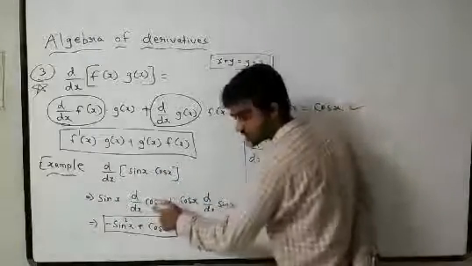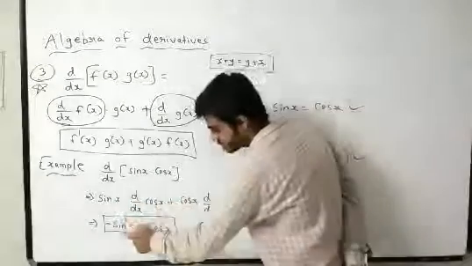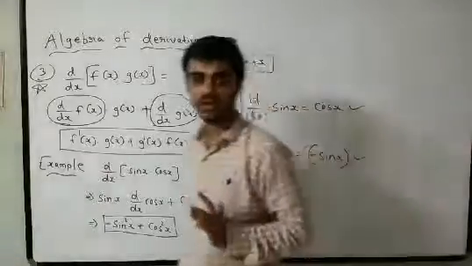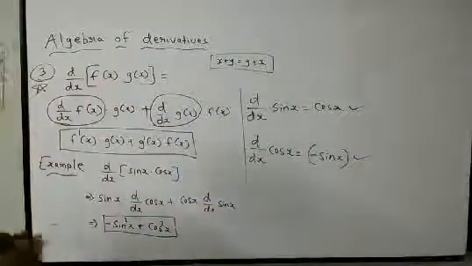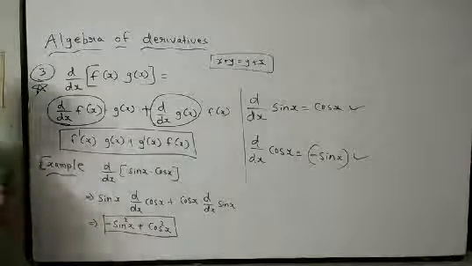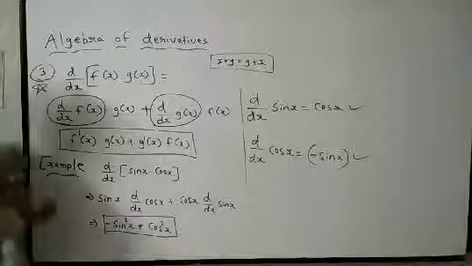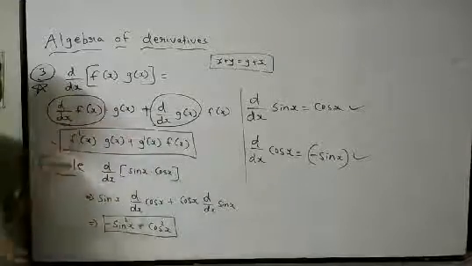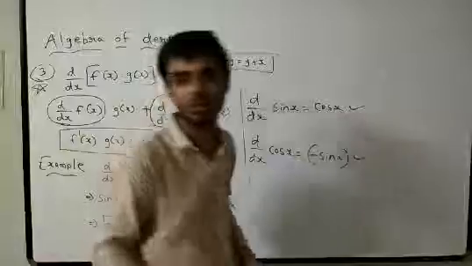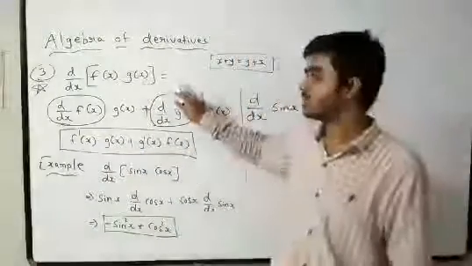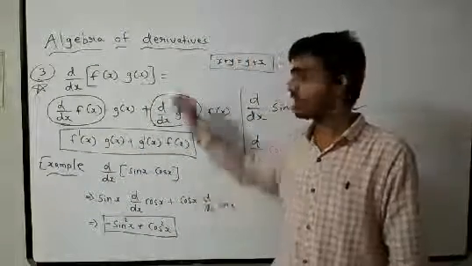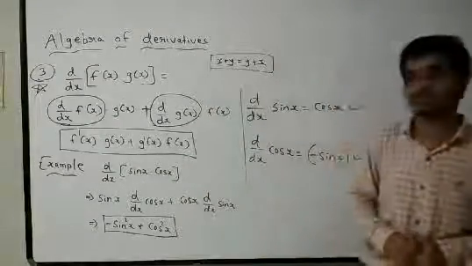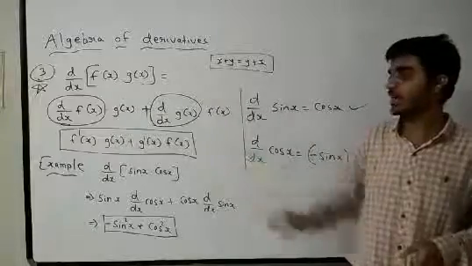So derivative of cos is minus sin, into sin, that is minus sin square x. Derivative of sin is cos, into cos is cos square x. I hope everyone understood this. This is nothing but d by dx of u into v, which some also call the u into v rule. It is also the product rule, or we can name it the Leibniz rule. This is the third rule, so everyone note it in your notebook.